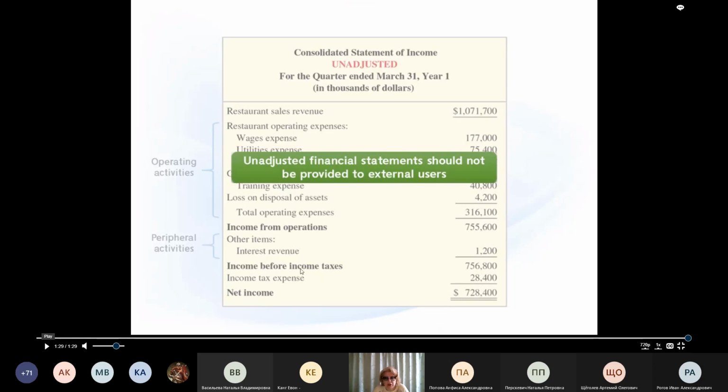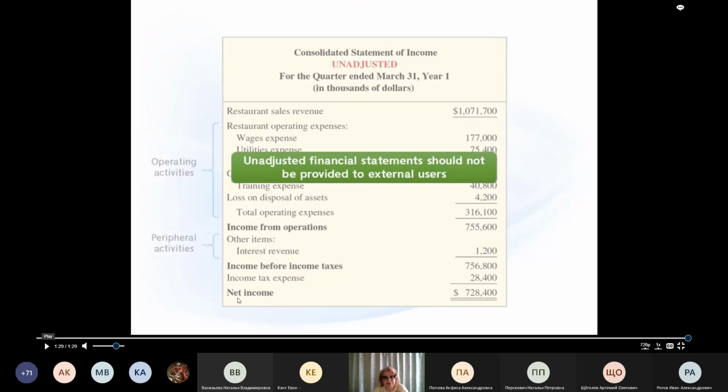Then we calculate income before income taxes, or pre-tax income. And please remember that income tax expense always has a separate position. We cannot include income tax expense into the operating activities. So normally the list of operating expenses does not include income tax expense. So this is the special place for income tax expense. In order to calculate net income, income before income taxes minus income tax expense,